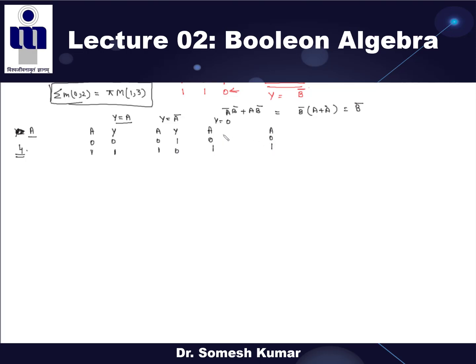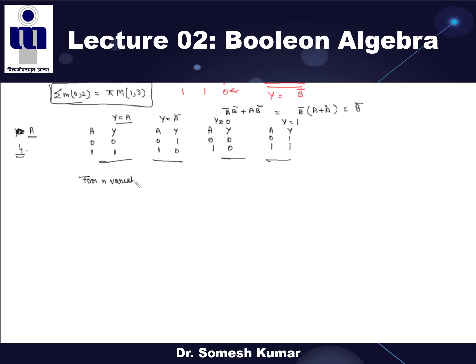Now Y equal to 0, this is also one expression. If A is 0, in any case Y should be 0, 0. In the next case Y is 1, so 1, 1. So these are your four possible expressions or four possible truth tables with a single variable. Any doubt? The general formula that is very important for your objective type questions is for n variables.